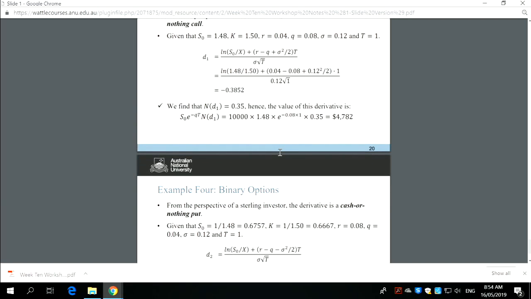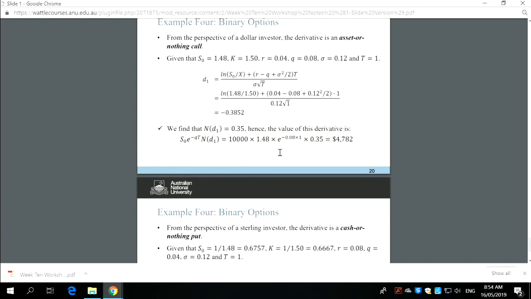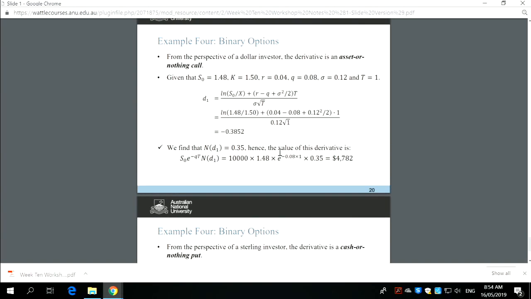So I think the tricky part with this question is to think about whether we're standing from the point of view of the dollar investor or the sterling investor, and then to figure out the payoff structure. From the sterling investor's point of view, this is a put option, and from the dollar investor's point of view, this is a call option. Then we try to figure out, if the option becomes in the money, are we paid in the form of cash or in the form of an asset? Then once we figure that out,